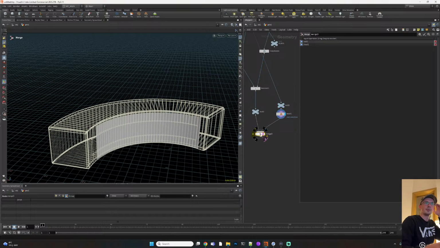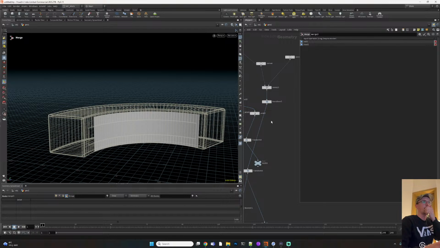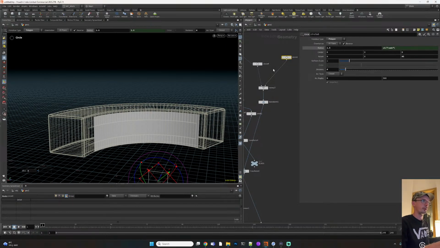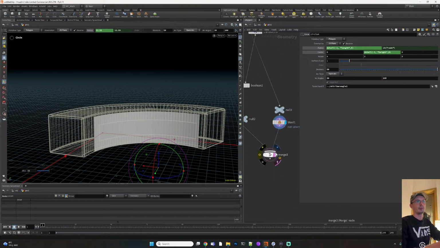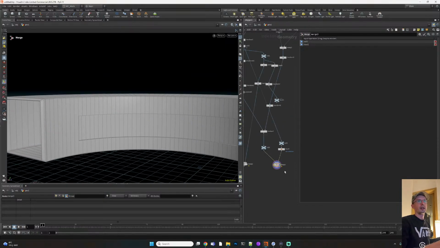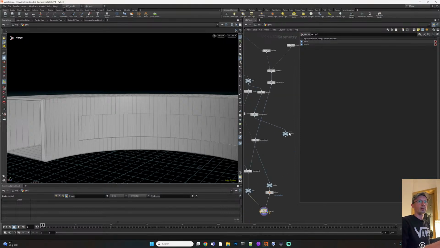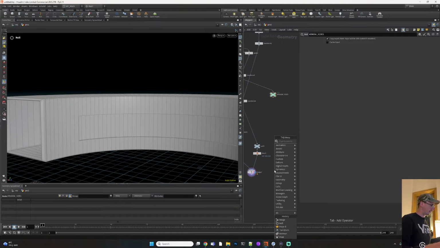Okay, we merge it. And yeah, we have some base for our window. I hope we can make this a little bit smaller. We can make a smaller arc, so maybe like 30. Yeah, perfect. And we've got our window. Let's change the color of our glass first of all and call it window sides. And also we will create another null